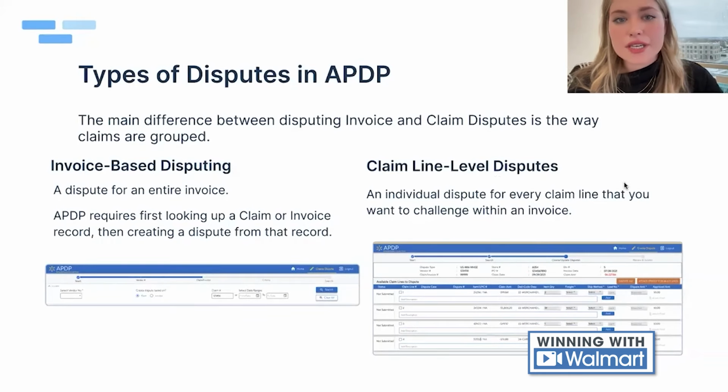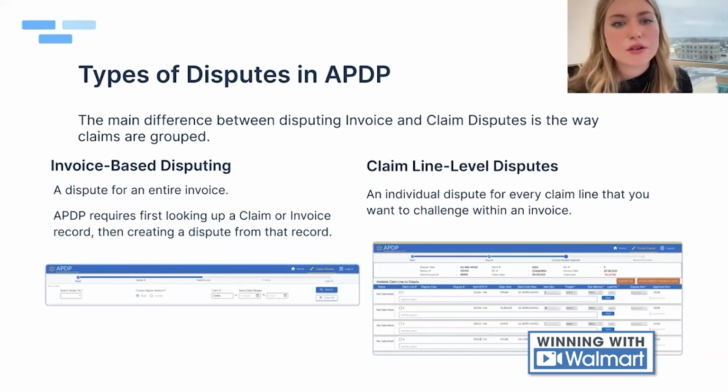So there's 2 different types of disputes in APDP. There's invoice-based disputing. So this is going to be a dispute based off the entire invoice. You're going to want to look up a claim or invoice record and then dispute from that record. And then there are claim line level disputes. And so this is going to be an individual dispute for every claim line that you want to challenge with